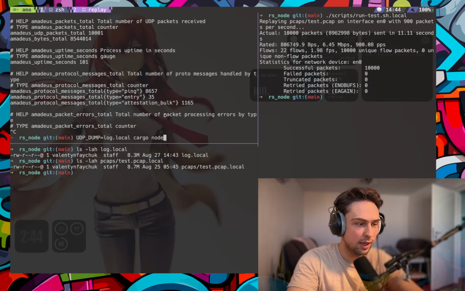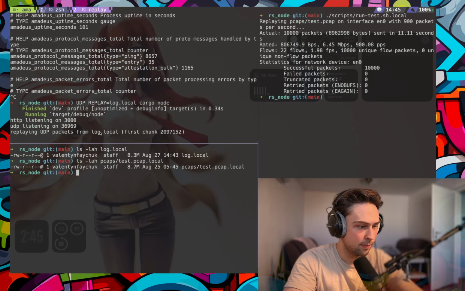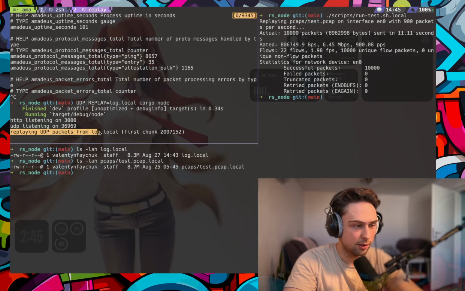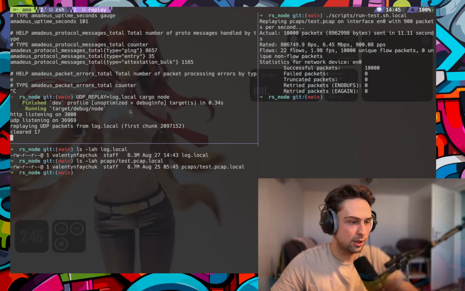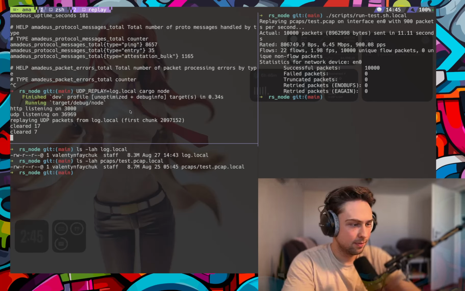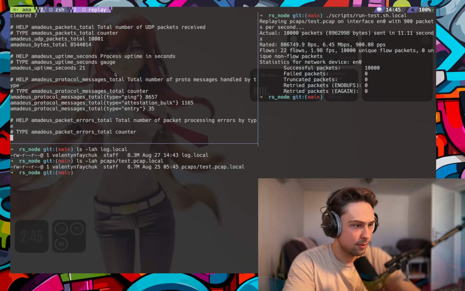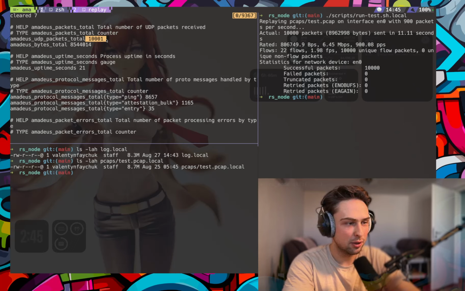Let me stop the node and replay the same log. So it shows now that it is replaying UDP packets from log local. It read the first chunk. And let's wait for a second for it to print the matrix to see what it replayed. Okay. So it replayed again 10,000 packets. One packet is the hard-coded ping, and